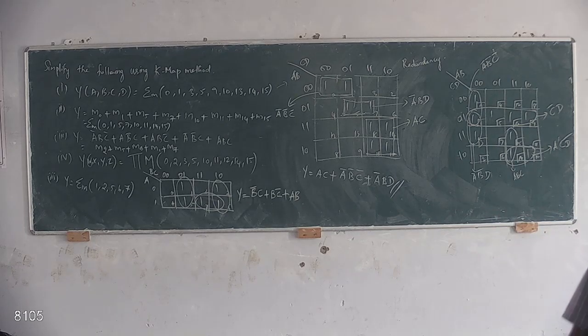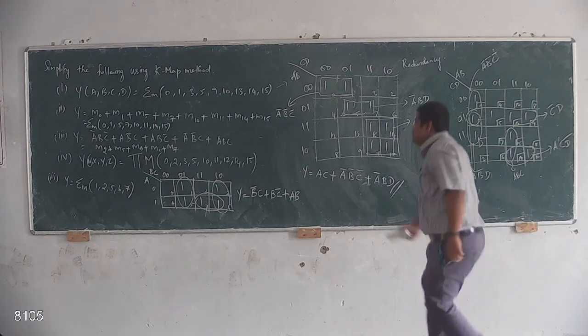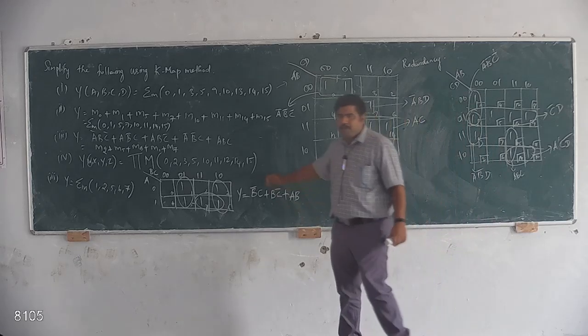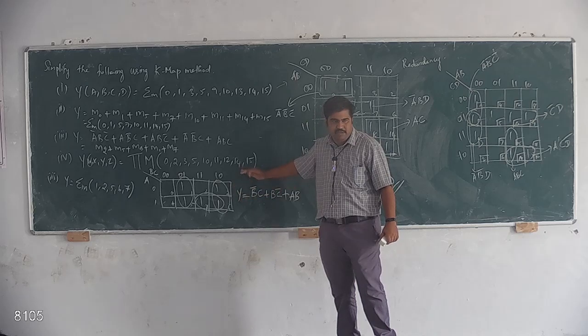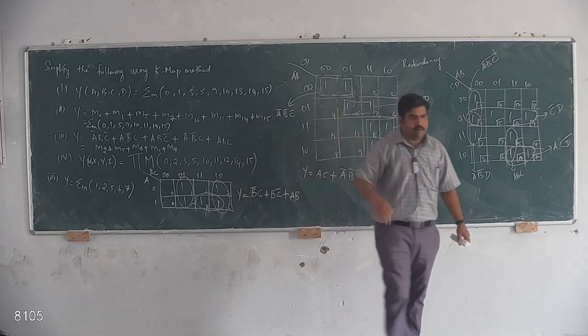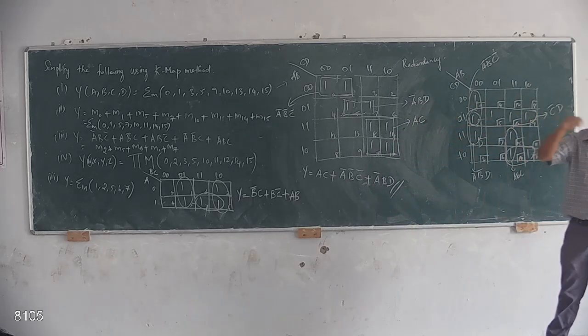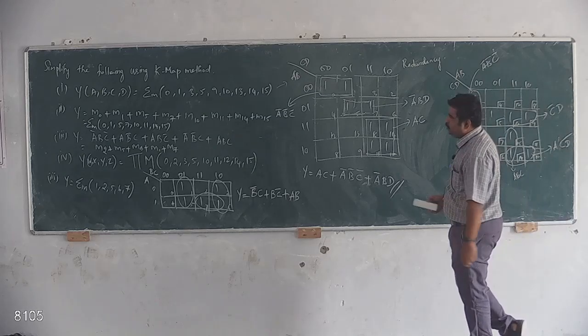If I solve more number of problems, you will understand. This problem, keep it aside. First we will discuss this one because this is somewhat complicated. We need to combine zeros and combine with that. We will solve more number of problems on one side, then we'll go with lots of problems. Take down another problem.